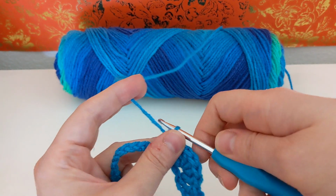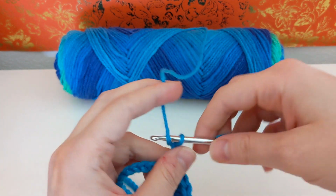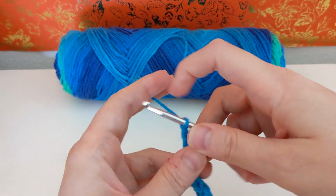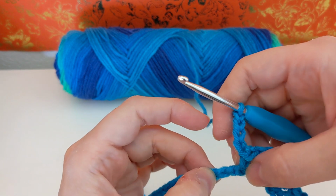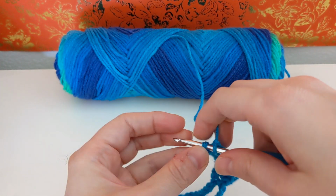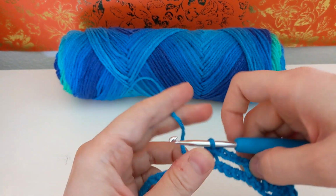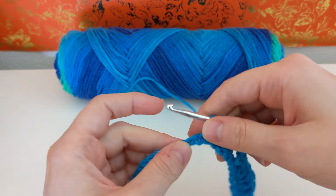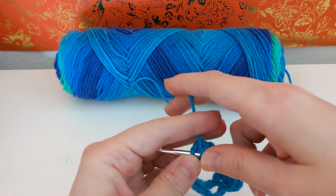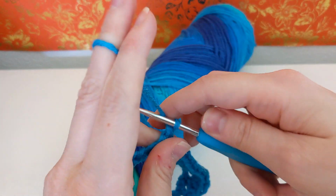All right, and then we chain 5, 3, 4, 5. Skip 4 down here, so 1, 2, 3, 4. Single crochet in that 5th, and then I'm going to skip 2 chains, 1, 2, and shell. So we're going to keep doing this